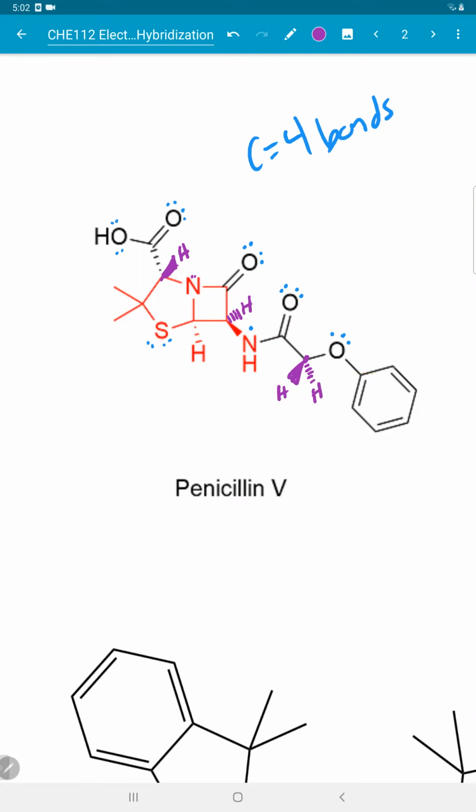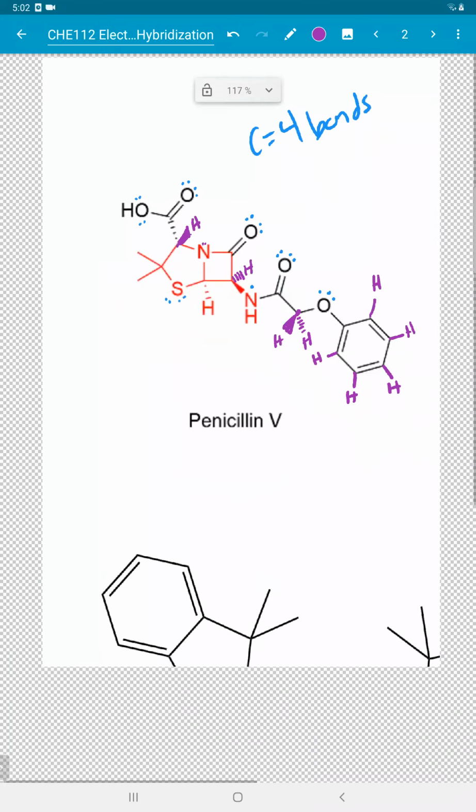That's good. This carbon here, 1, 2, we're missing 1. So that has a hydrogen coming off of it. Oh, here we are again, missing a bond. So that's a hydrogen. This carbon right here, 1, 2, 3, missing a bond. So it's a hydrogen. This carbon right here, 1, 2, 3, missing a bond. So there's a hydrogen. Okay, so that's kind of just a quick analysis of the penicillin structure,